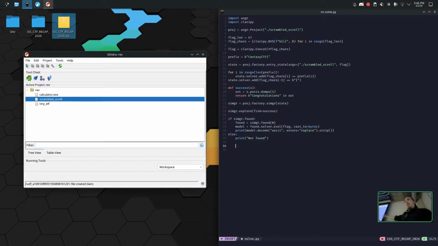So if we have found a solution with the constraints that we've given, then we will grab that first solution in the list of possible ones. Then we're going to cast it to a bytes object. And then we're going to decode bytes to ASCII and then just print that out. That's all we're doing. And if I have done this correctly,